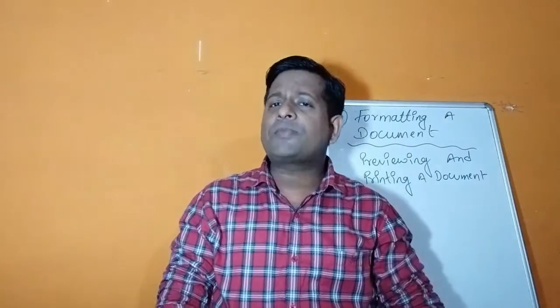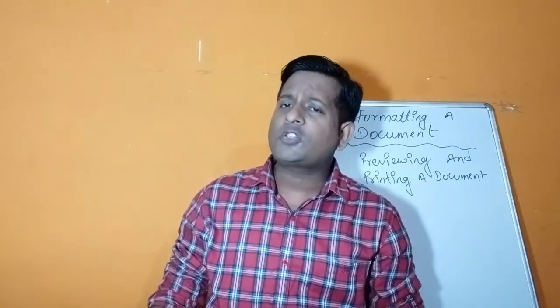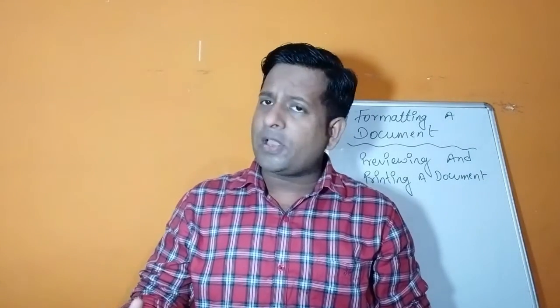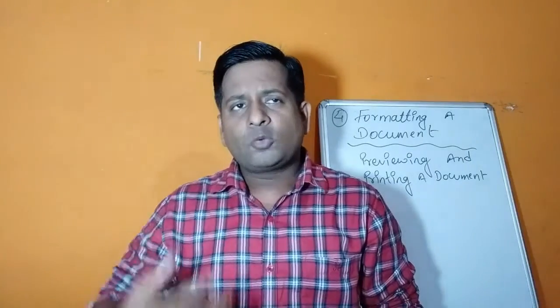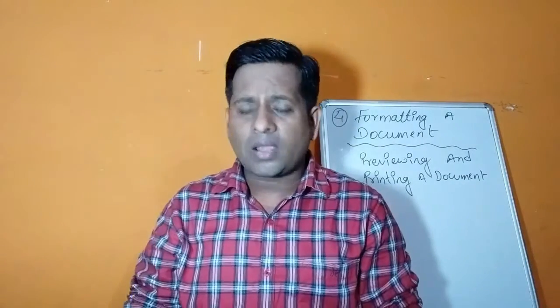So, children, in this chapter, we have learned so many things. First of all, we learned what a document is and how to format the document. Just a short summary, then I will begin with today's topic. In formatting a document, we have learned how to make text appear bold, italic and underlined. First of all, we focused on text formatting to make text appear bold, italic and underlined.